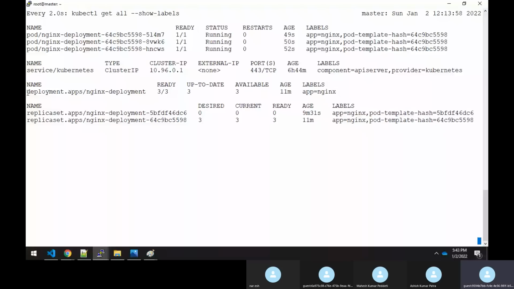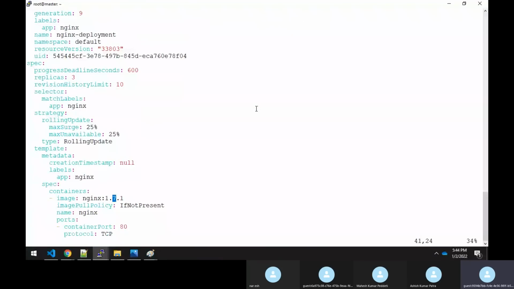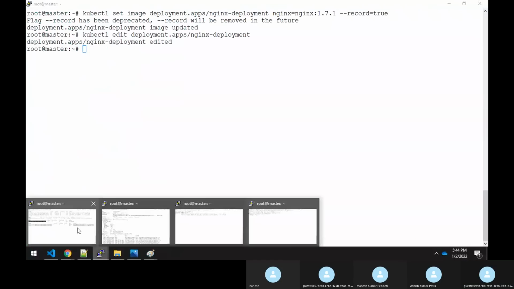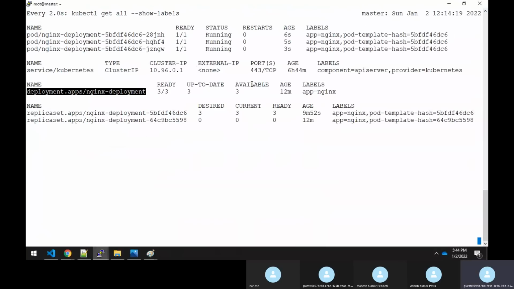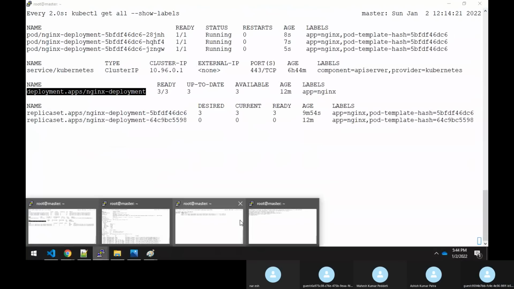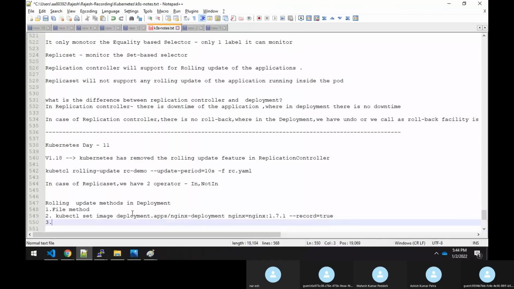It will open the file. It is having 1.7.1, and you can just replace it with 1.9. Just save this file, that's all. Once you save the file, automatically you could see that the rolling update is happening. Correct, sir? So this is the third method: kubectl edit and the deployment name. In these three ways, you can do a rolling update in a deployment.